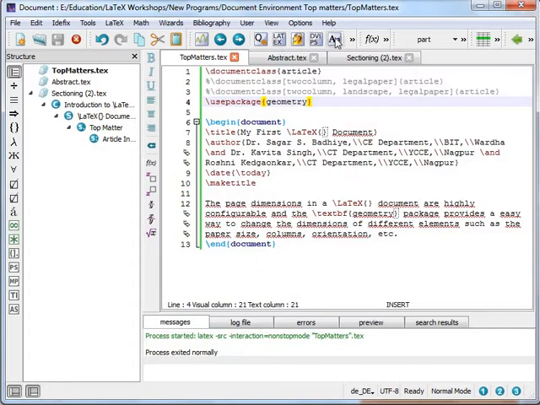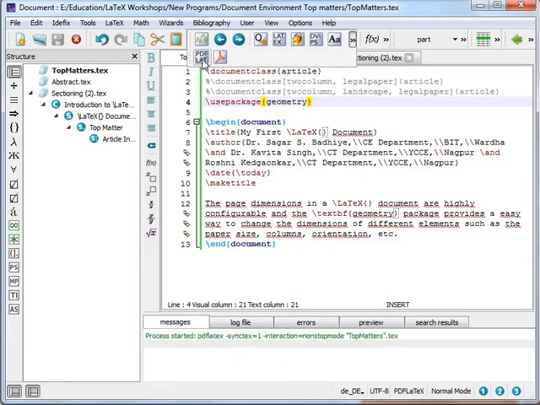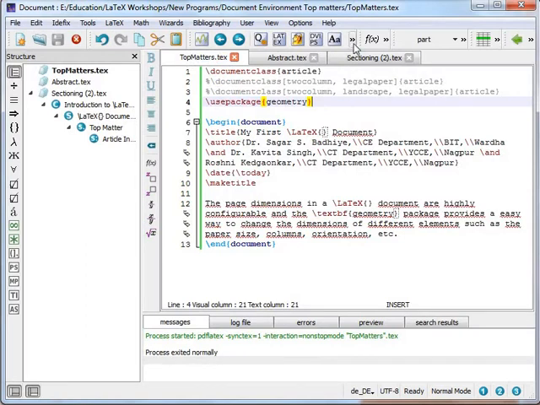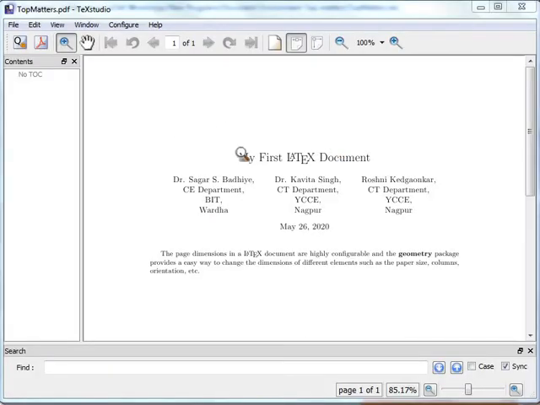To look at the output, I will convert the executed file into PDF by using the pdflatex command. Again the process exited normally. Then I will go to the PDF reader. When the file is opened, you can see that the output has appeared over here. That is the title of the page, My First LaTeX Document, then the author's name, and later on the date, the current date of the system, that is May 26, 2020, and then whatever text is printed over here. So this is how you can execute a particular file in TeX and create the title of the page.